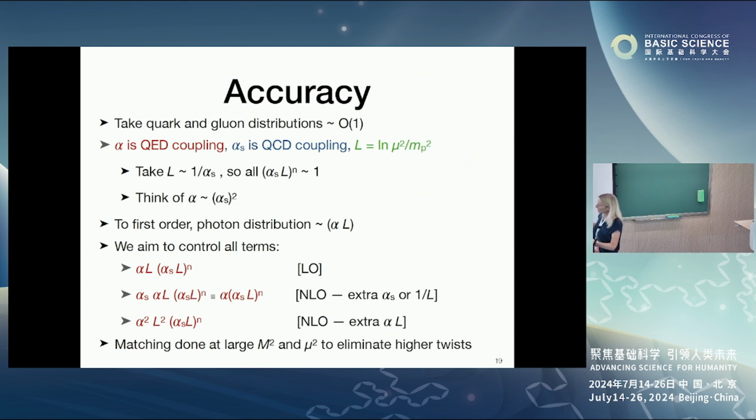And next to leading is anything that has an additional suppression, a power of alpha s or alpha log, and so on. So what I want to say, this is a bit technical, but you can develop very formally a power counting for this, and then you can be very specific about which terms you want to compute or not. For instance, the counting where we think of alpha as alpha s squared comes from really phenomenology. One is about 0.1, the other is 1 over 100. Of course, you could also do a different counting here, but you can really precisely say which terms you include or not in your calculation.